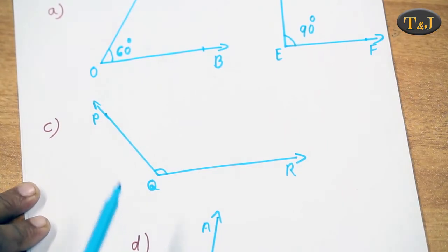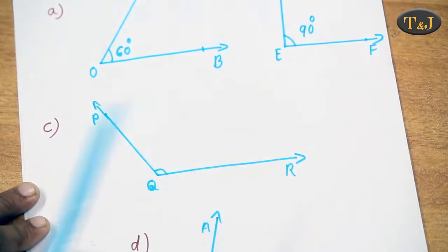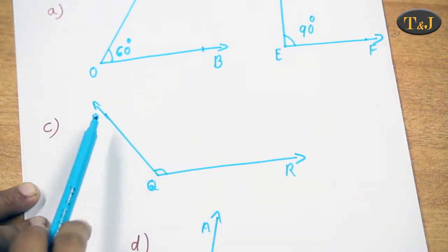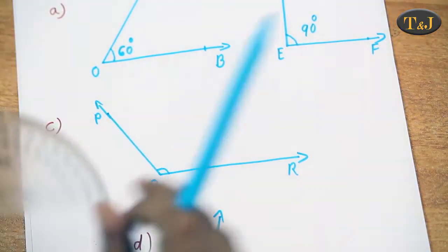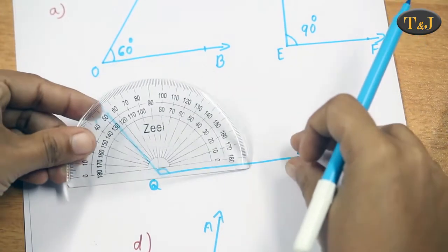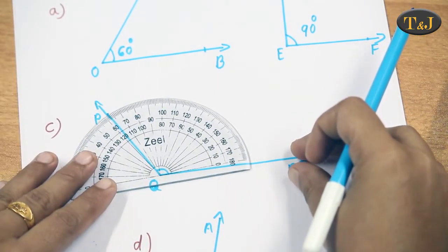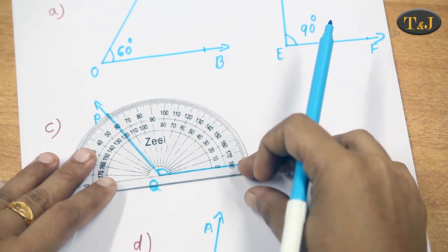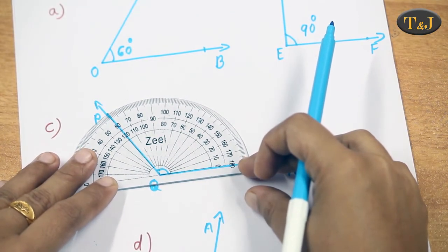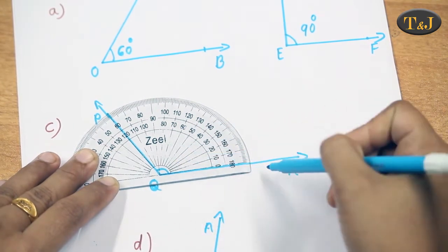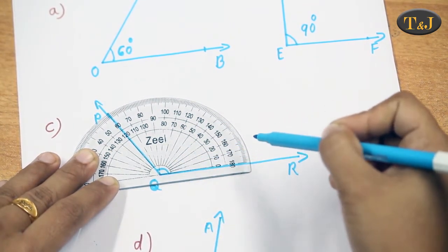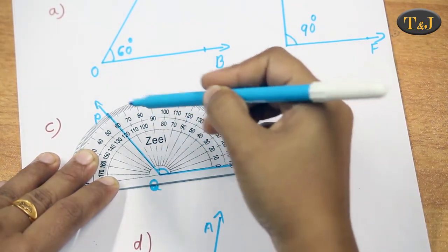Then our third example, the angle is PQR. Our first ray is QR and our second ray is QP. Then we are placing the center of the baseline on the starting point of the ray QR. Then the ray QP is placed at